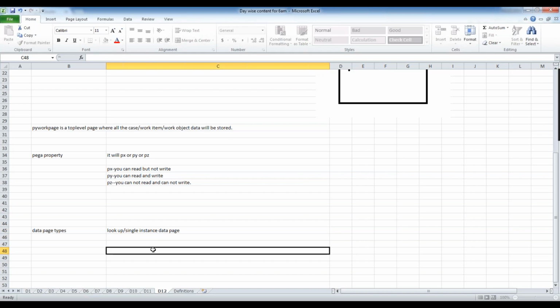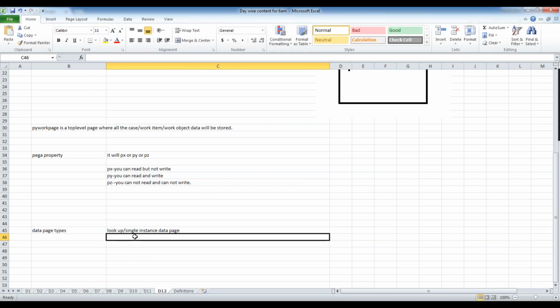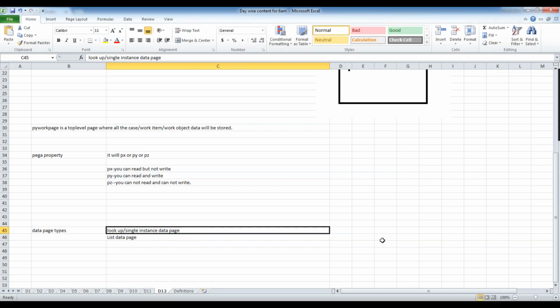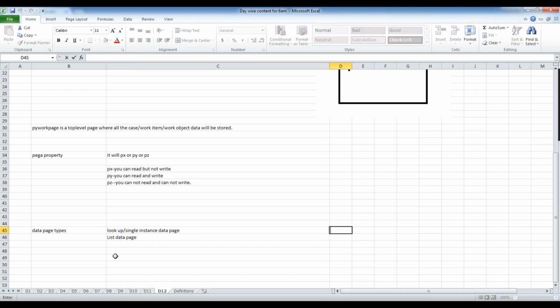Data page and list data page. This is common. This name they are not changing. List data page. Okay. So every data page, when you create it,